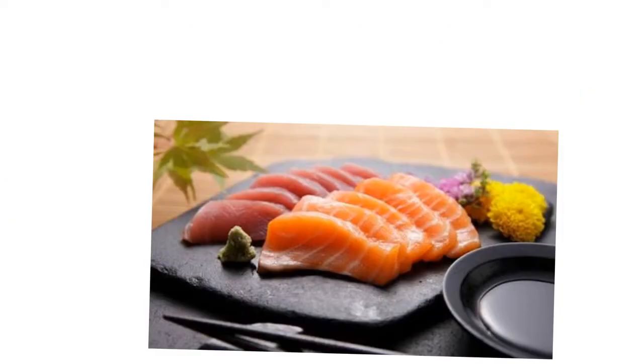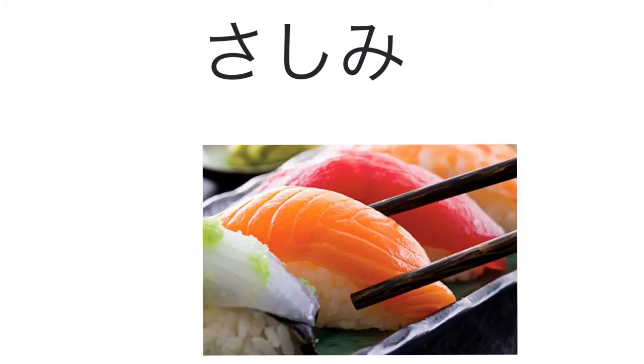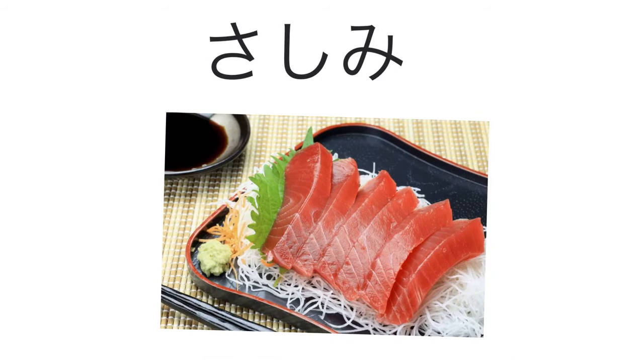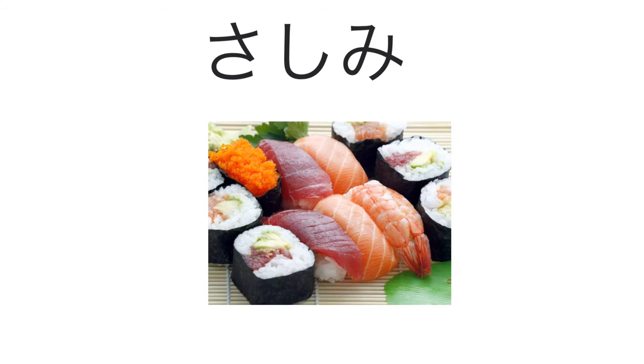Then finally, the last one I want to talk to you about today is sashimi. Now, sashimi is just raw fish presented to you just straight out of the ocean. It's sometimes served with rice, sometimes just given to you in just a wad of rawness. But either way, it's pretty nice. If you're not used to it, it's a kind of weird texture. Eaten, just raw flesh. But it is actually really delicious. And once you get used to it,